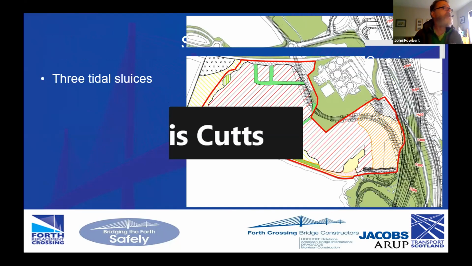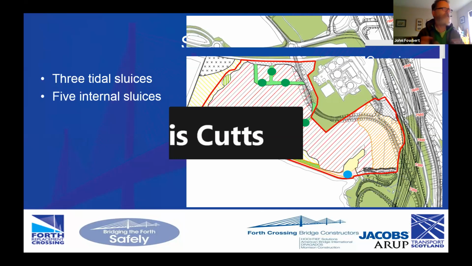So if we look at the original scheme design and the salt marsh, the first thing was we were going to have 3 tidal sluices going through the seawall there. Number 1 marks the original sluice that was put in before our time, next to the yellow area of salt marsh. We were then going to have 5 internal sluices to try and connect up all the different reed beds,